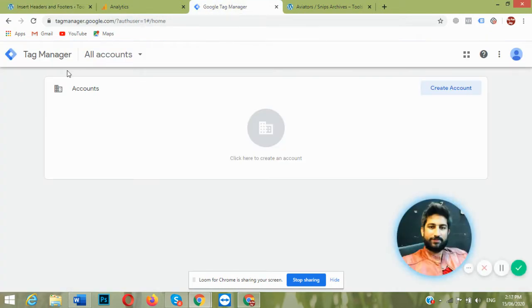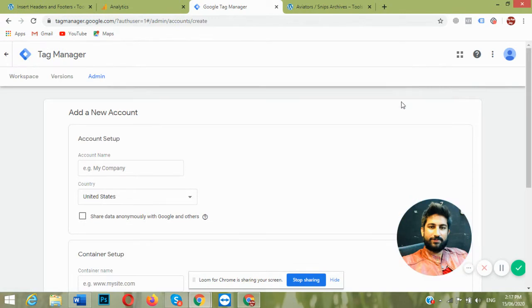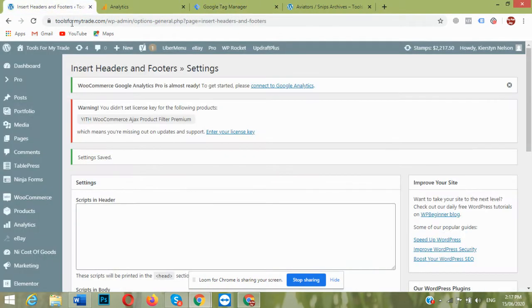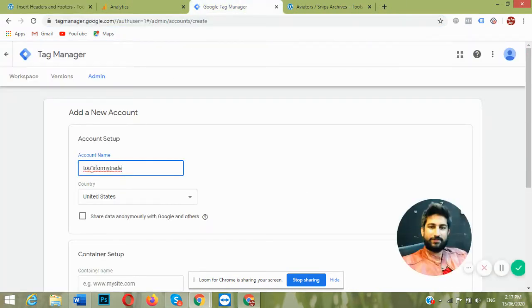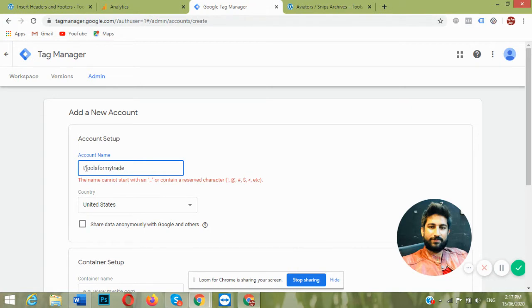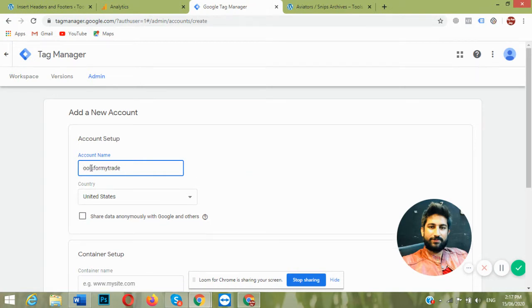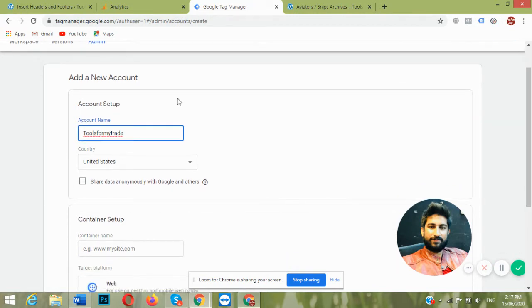And now I am creating a Google Tag Manager account. Create account. The website name is, and copy this website name, then your country. This is the container name.